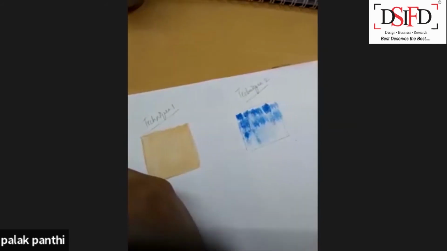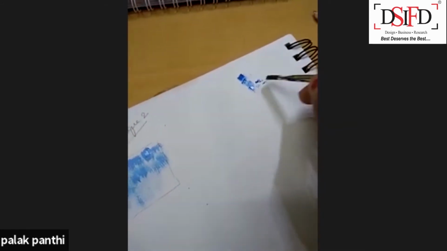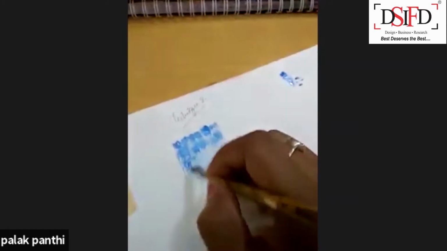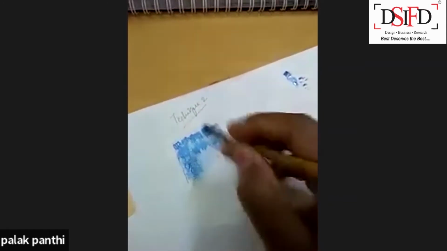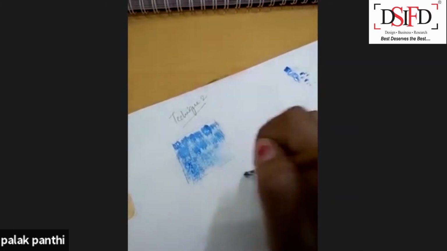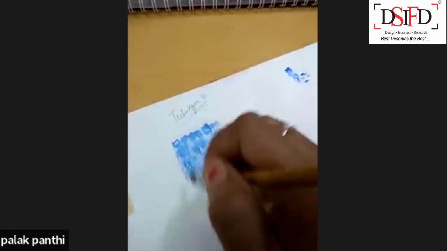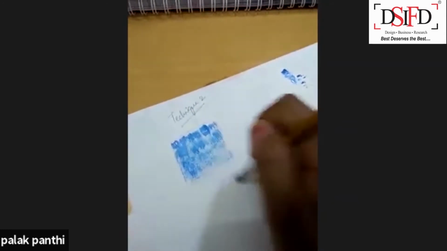And just dabbing it over here so that the extra color comes off, because we want to see the texture of the hair of the brush.